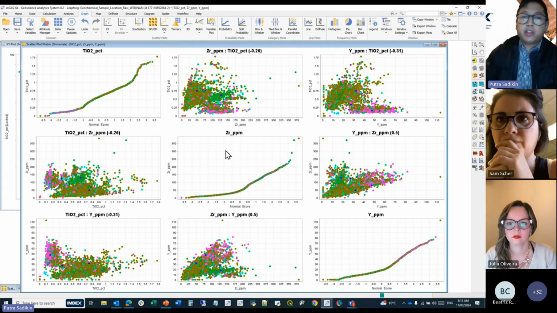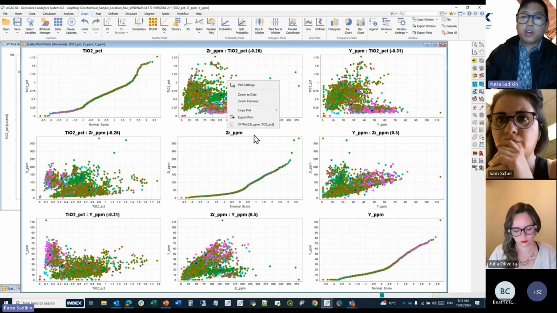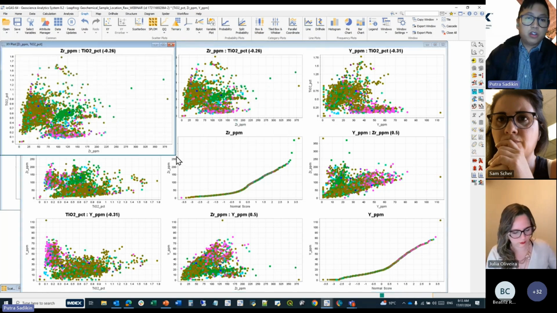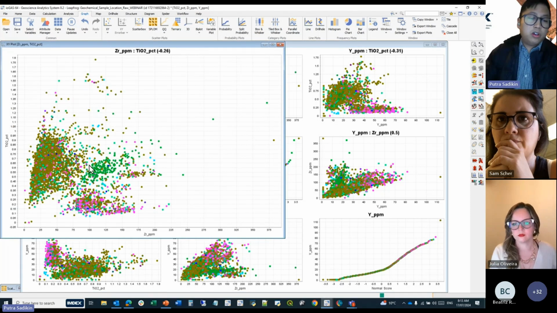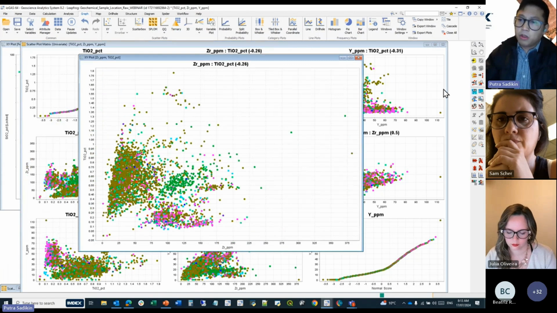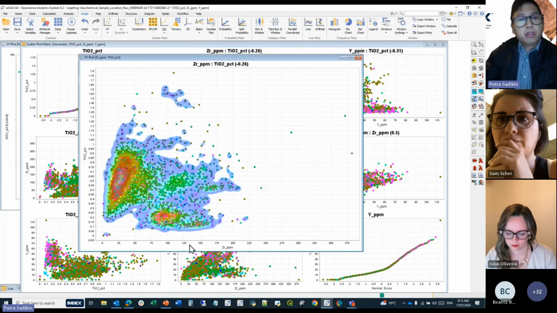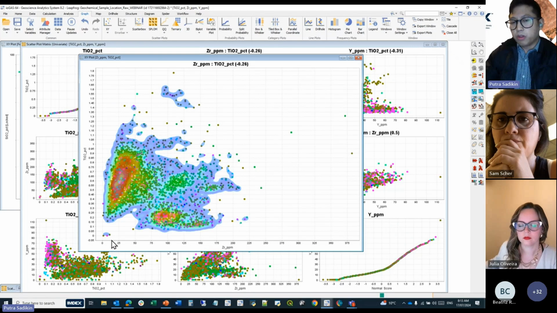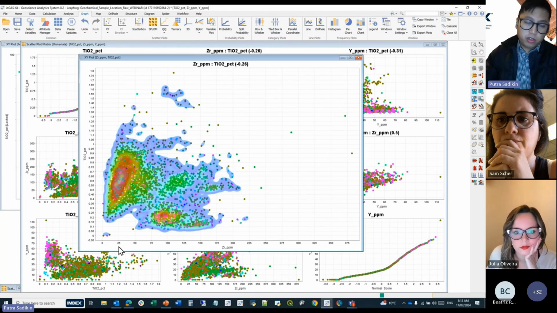So if we cast our attention just on this first scatter plot, zirconium versus titanium, you can see a number of linear trends in here. That's the sort of thing that we would expect to see. When you see a bunch of linear trends coming from the origin, those are fractionation trends, where you basically represent partial crystallization of those minerals that would fractionate as you go from that felsic to mafic